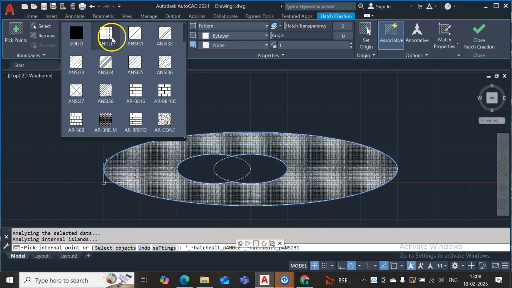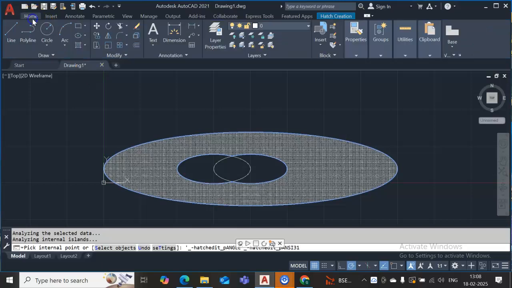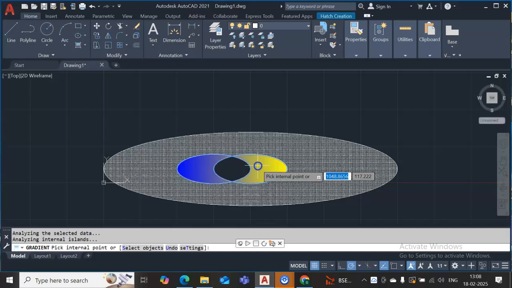Okay, so this is the point. Go to this, and again this point, so gradient, and select this one and this one. Okay, and any other